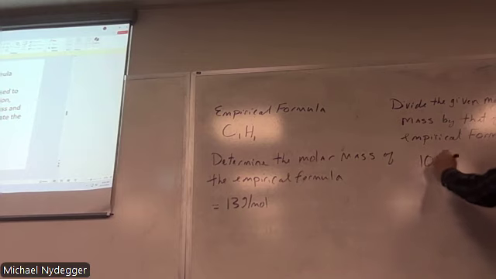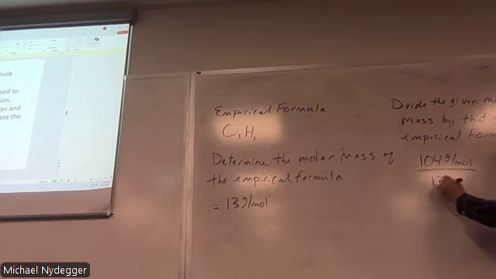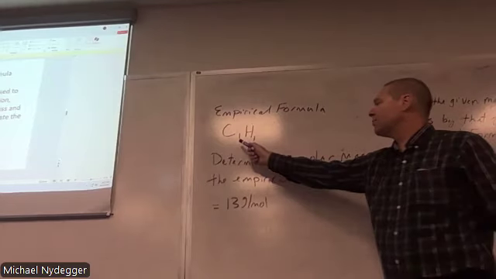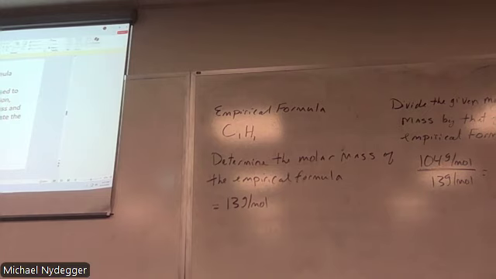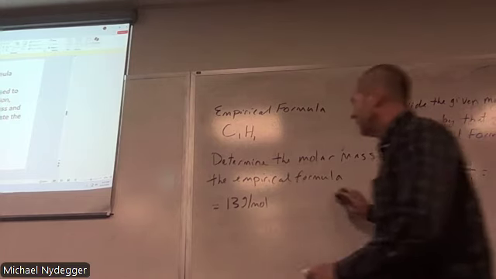So it's going to be 104 grams per mole divided by 13 grams per mole. That gives us 8. What that means is that the empirical formula is 1/8 the size of the molecular formula. So now, if we want to get the molecular formula,